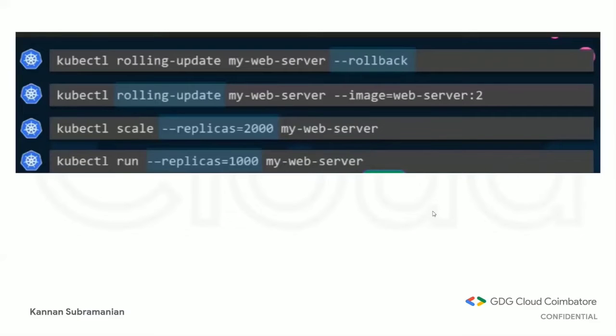Okay, we can get into the next. Do you understand everything on these four commands? The first command is the rollback, we can easily do a rolling update. The second command is for the image format. The third command is used so we can easily get to 2000. The third command we use for replicas. Okay,